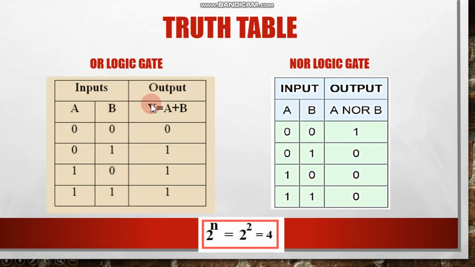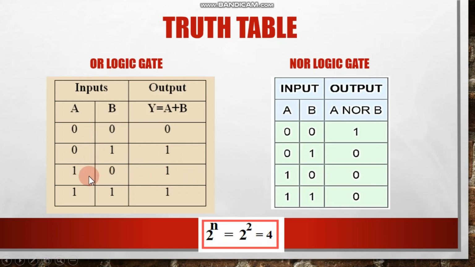Now the output column, the third column which you can see on the screen for the OR gate, comes from the definition of the OR gate. I already stated the definition in simple words. The OR gate will give me a high output if at least one of its inputs is at high logic. Now compare A and B. The first one is 0 0. Here both are at low, so the output is low. In all the remaining cases, at least one of the inputs is at high, so the output is 1.